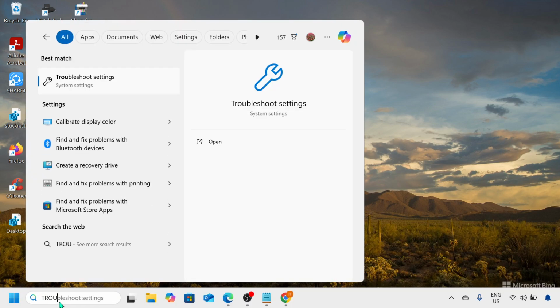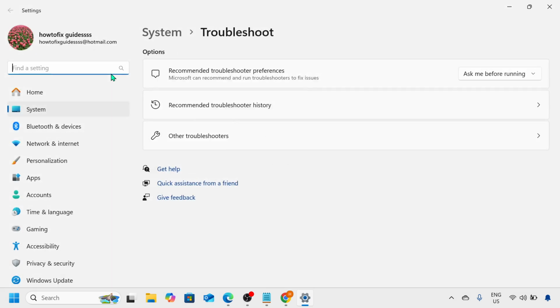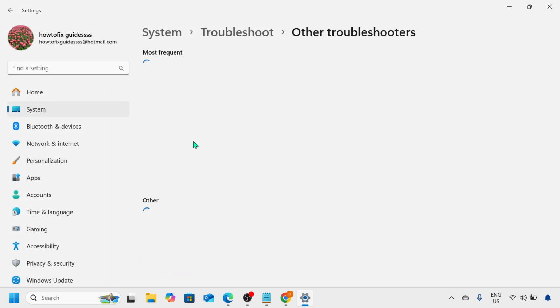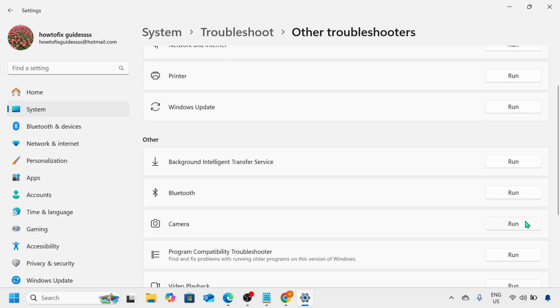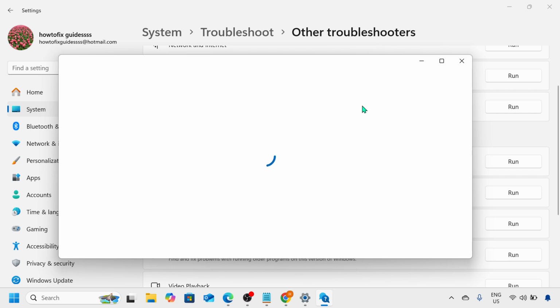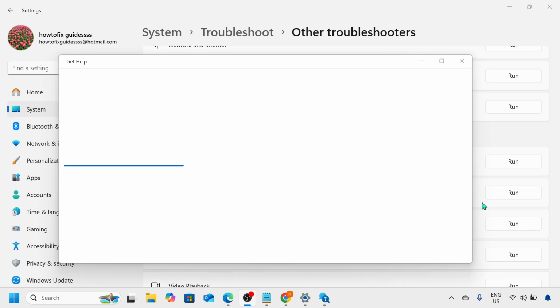So here in the Windows search tab, please type troubleshoot and you will see under best match the troubleshoot settings. So please click on that. And then here we need to click on other troubleshooters. So you will see here in the other section, the camera, and you will see the corresponding run button. So please click on this run button here and it will start diagnosing the problem. All you need to do is just to follow the steps that will be provided for the actions that need to be taken. Okay, so after doing the troubleshooting, just make a quick restart with your device and